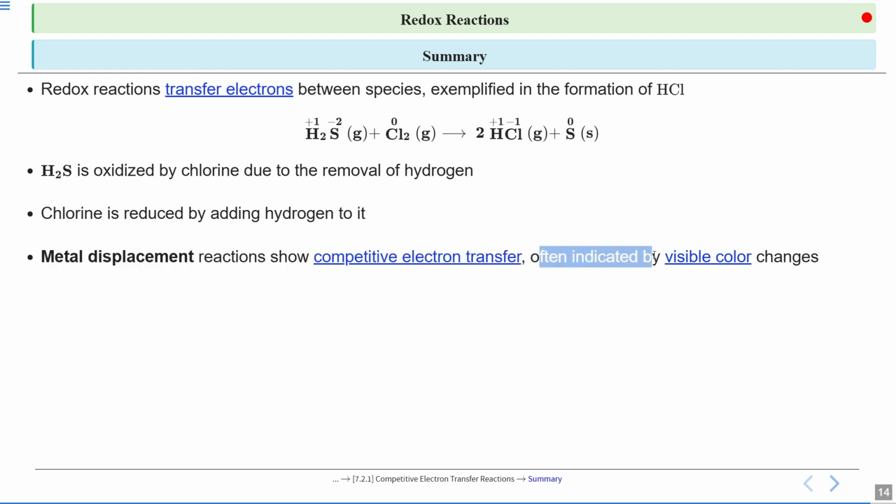They are often indicated by visible color changes. As we have already studied the three examples, I hope this is also clear to you, that there would be a change in color. Either the color will get intensified or the color will vanish totally during the chemical reactions taking place. Hence, we can conclude that the visible color change in a chemical reaction is a result of the formation of a new chemical species with different light absorption properties. Okay?